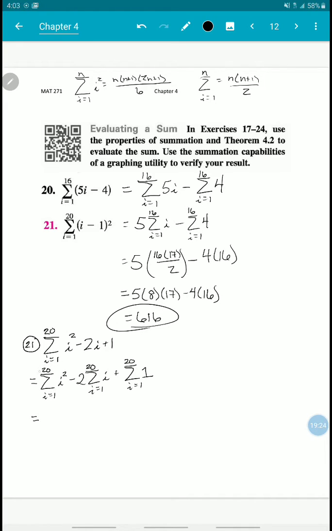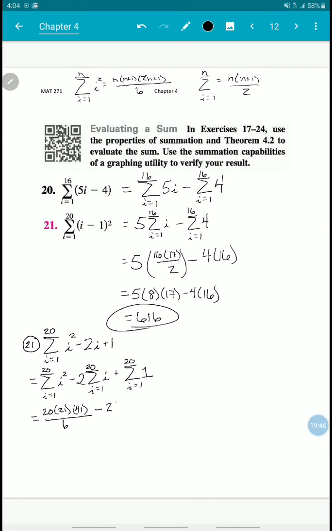So keep in mind what your n is here. Our n is 20. So it's going to be 20, 20 plus 1 is 21. And if I substitute 20 in here, 2 times 20 is 40, plus 1 is 41, over 6